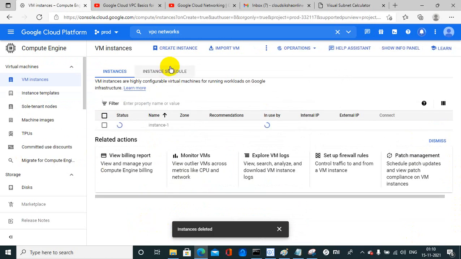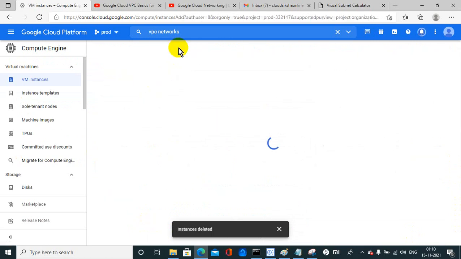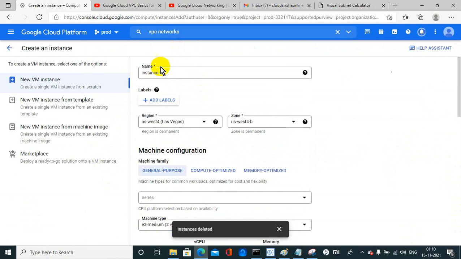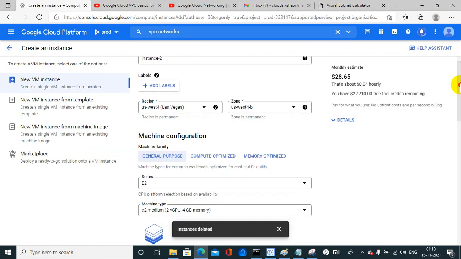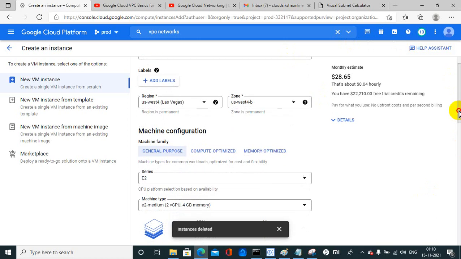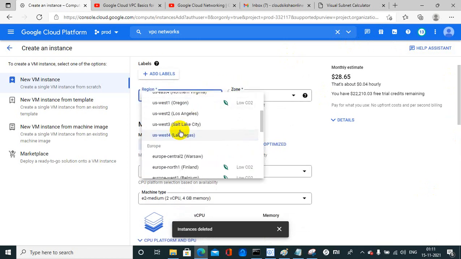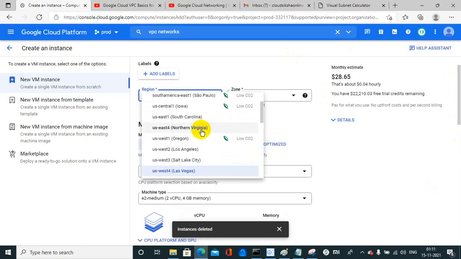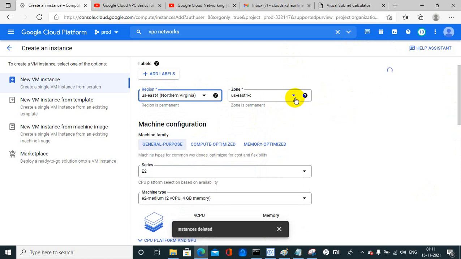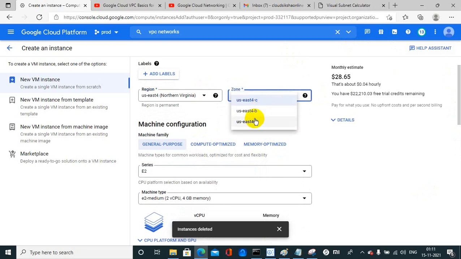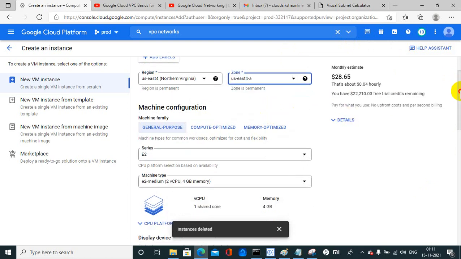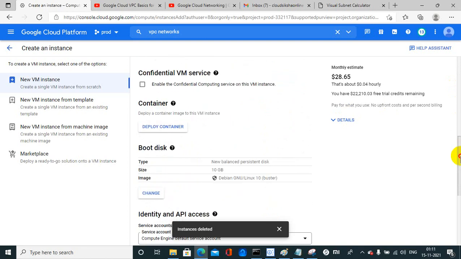and once the instance is created, we need to apply the firewall rule or firewall tag on it. Tags are used to apply the firewall rules. So whenever we create any firewall rule, along with that we create a tag, and that tag we need to apply on the instance on which we want to apply the firewall rule. So I'm creating another instance in the same region, in a different zone,